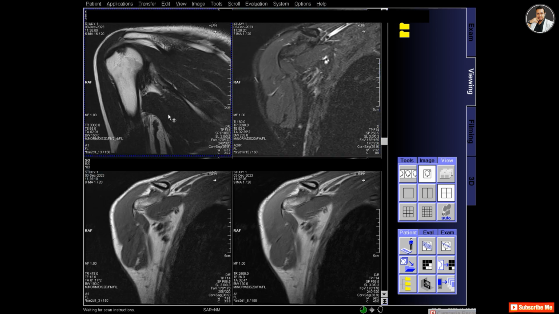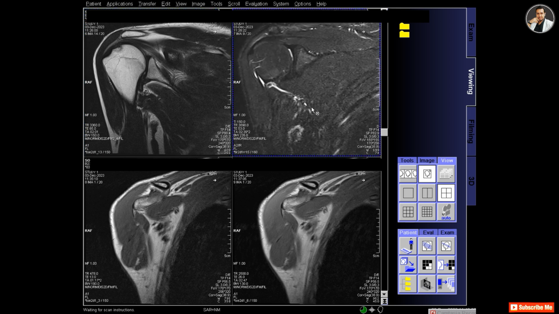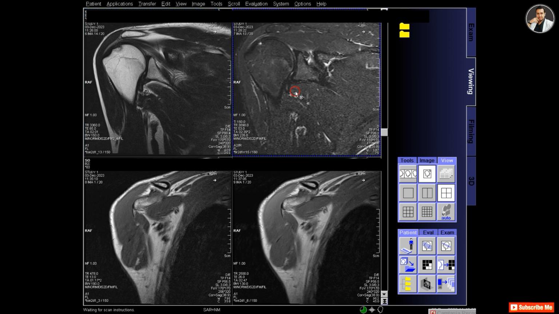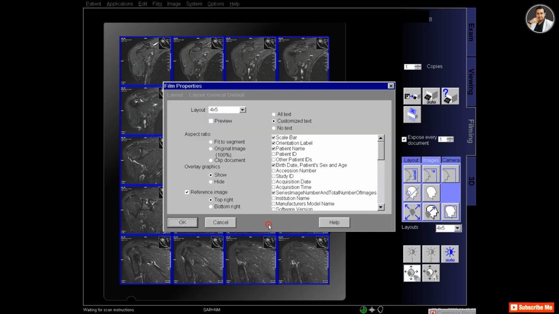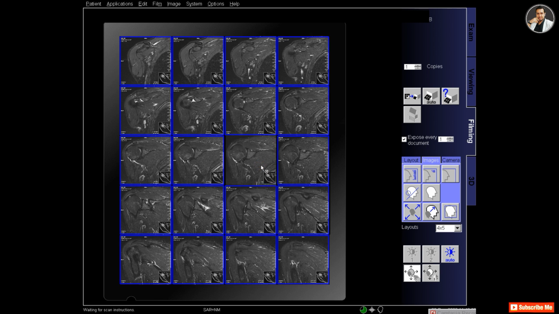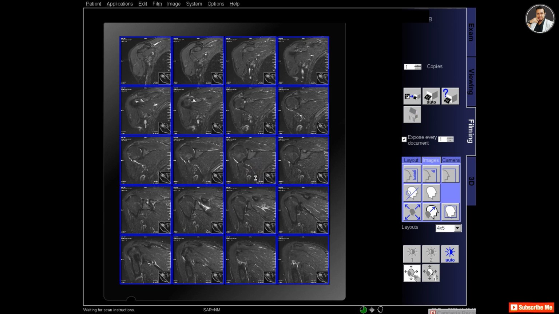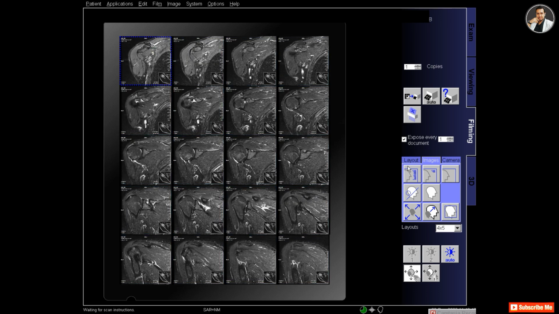And now let's check out the coronal images. This is a T2 coronal, and then T2 or PD fatset coronal. This is PD fatset coronal. I have selected the PD fatset coronal series and sent it to the filming, and it's a 4:5 layout for coronal, 20 coronal images, adjusting the window and the zoom of the image.